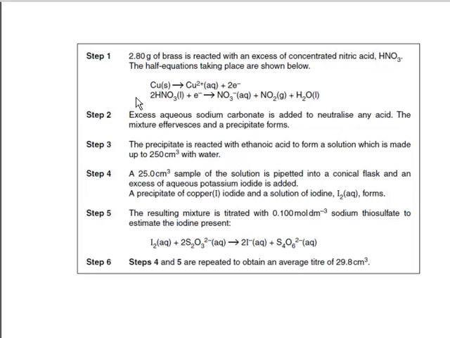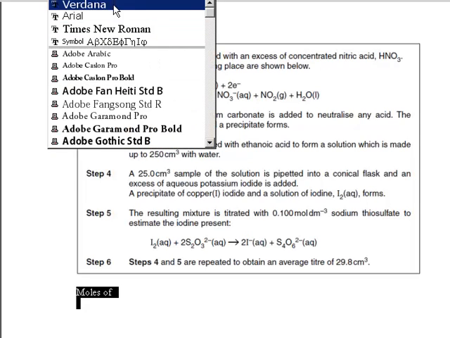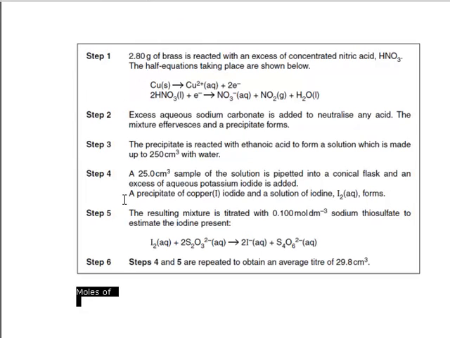Now the best way to approach the calculations on these sorts of questions is to go to the final results and work backwards. We're told that the resulting mixture is titrated with sodium thiosulfate to estimate the iodine present, and we're told how much of the sodium thiosulfate we used. So we can calculate the moles of sodium thiosulfate. Let's have moles of thiosulfate